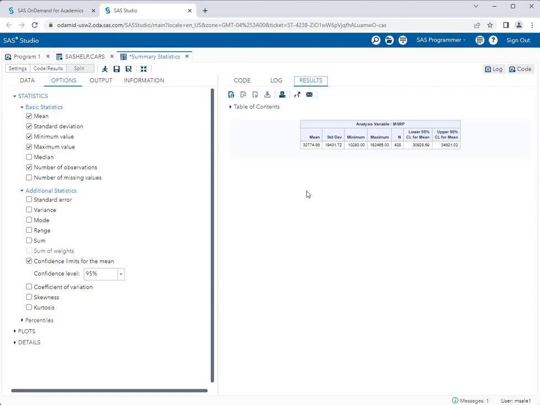So you'll see here we have some output from the task. First of all, we have the mean of our sample. So this is our sample mean, or Y bar. We also have the standard deviation, which we could use to calculate the margin of error if we wanted to do this by hand. But we're not doing this by hand, so here you will see we also have the lower and upper 95% confidence limits. So the lower confidence limit for the MSRP of a car is 30,928.69, and the upper confidence limit is